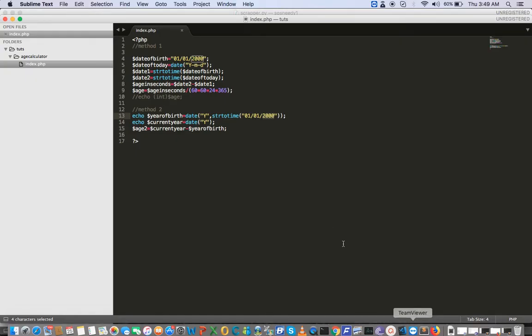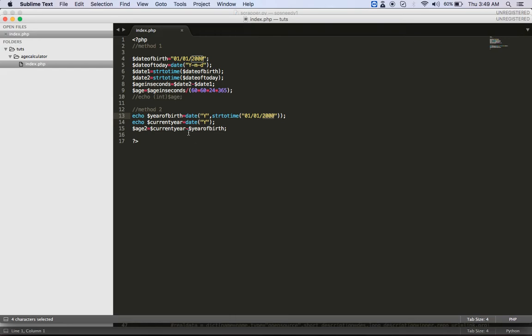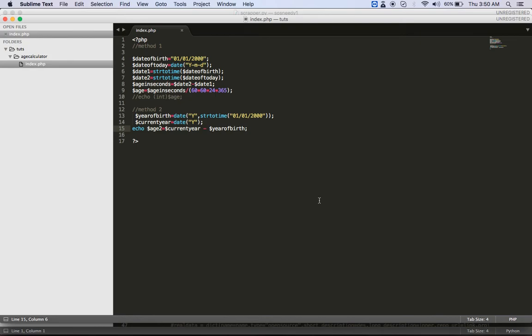And okay, 2000, 2018, there should be something around, oh, okay, sorry, I was echoing this rather than this. So I should have something like 18 years. So basically these are the two methods that you can use to calculate your